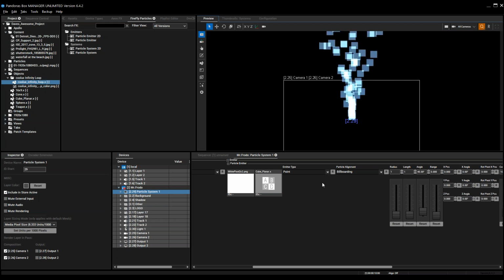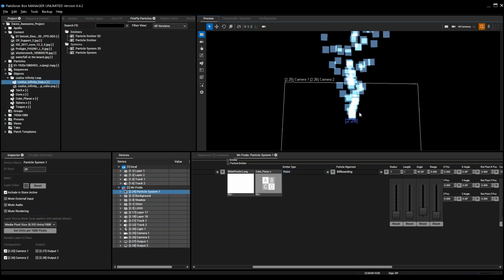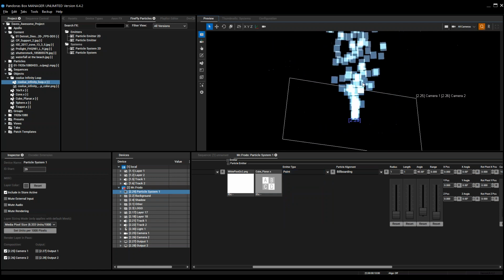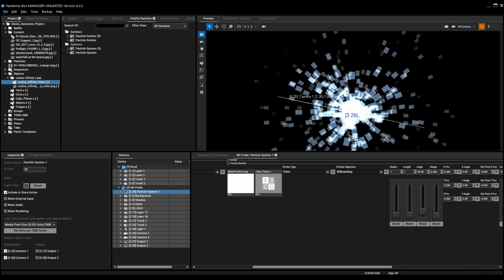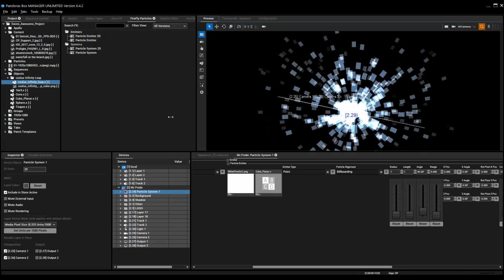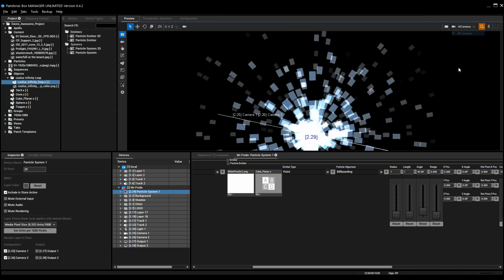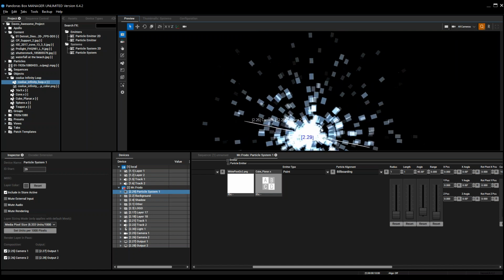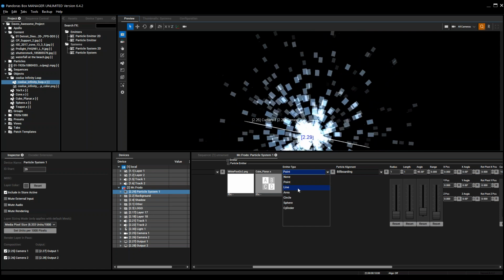So the emitter is the source of those particles, where they're coming from. I have it set up here to be a point, and if I look at it with my global camera, you can see there's a point where I'm generating my particles from. I'm not sure how well that's coming up going through the GoToWebinar screen. So there is my point, emitting my